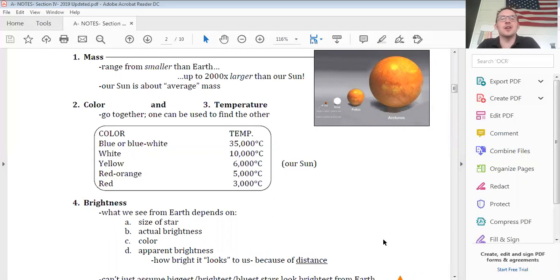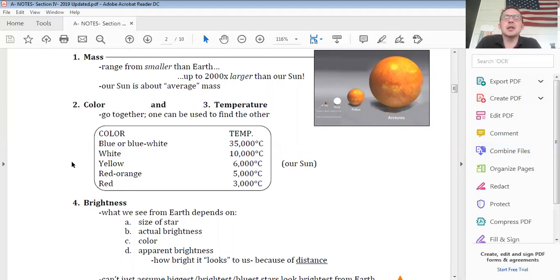If, however, you would know a star's temperature from like a spectral readout, you could infer the color. So notice here, everybody, blue or blue-white are the hottest star colors, followed by white. And then notice once again, our sun is about average. It's yellow, it's right in the middle. And then we have orange and red.